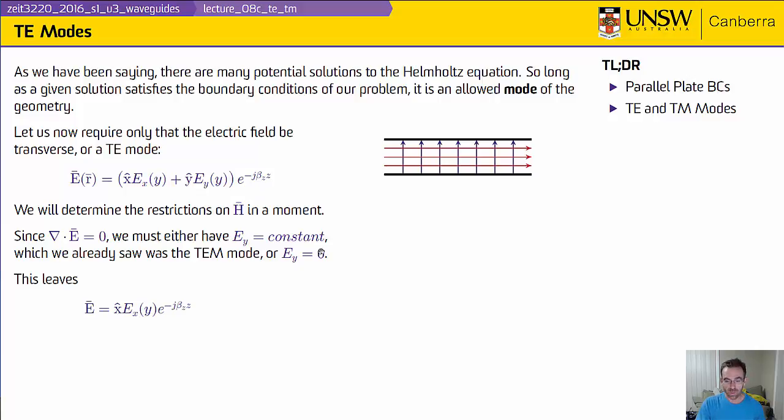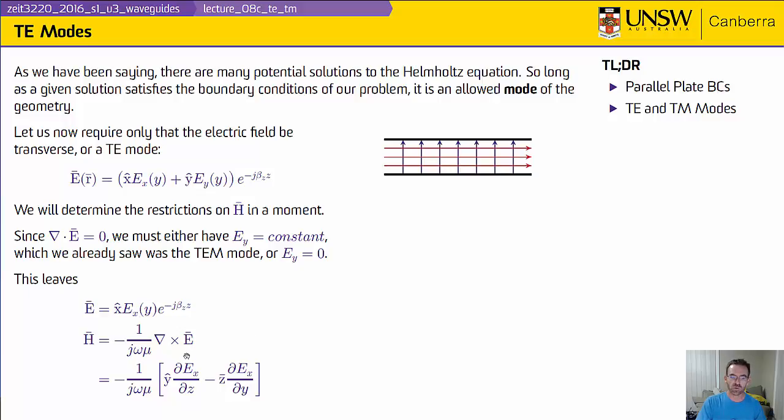So the other way that we can possibly have a transverse electric solution would be for us to have an x-polarized component of the field that varies as a function of y. If I take this expression and plug it in up above and then take the divergence, we'll see that this has no contribution to the divergence of the field. So if we assume that the x-polarized component of the electric field has this behavior, and that there is no y-polarized component, and no z-polarized component by definition, because this is a transverse electric mode,